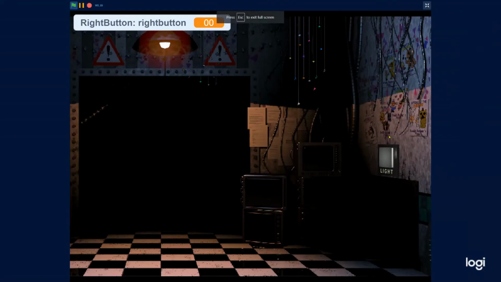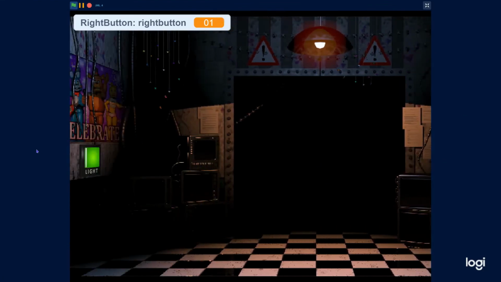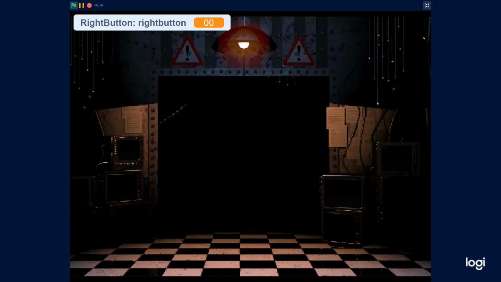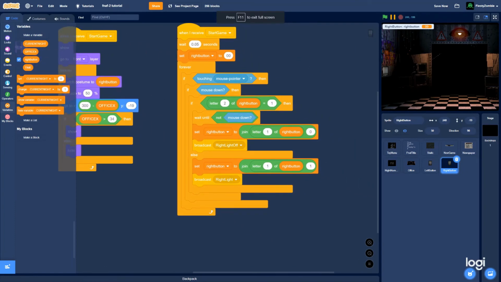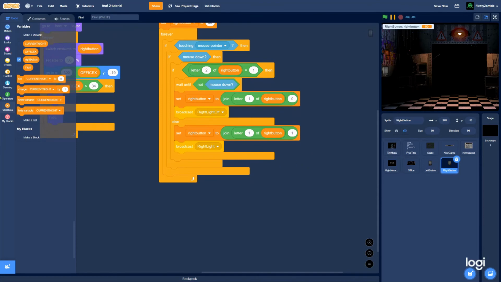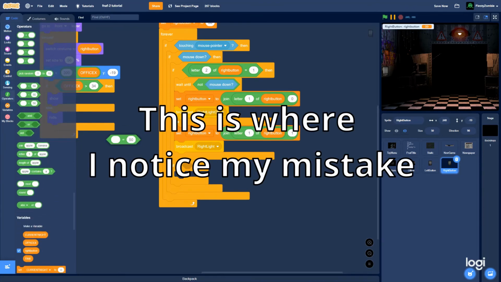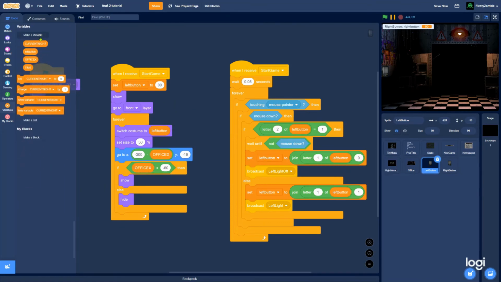So if we go full screen here for a second, as you can see, we're able to have both of these light costumes on at the same time, which we don't really want to happen. So in the left button sprite, underneath this else, we need to have a new if statement saying if, okay, so this is my fault here, I don't know if this is available without Scratch add-ons, but